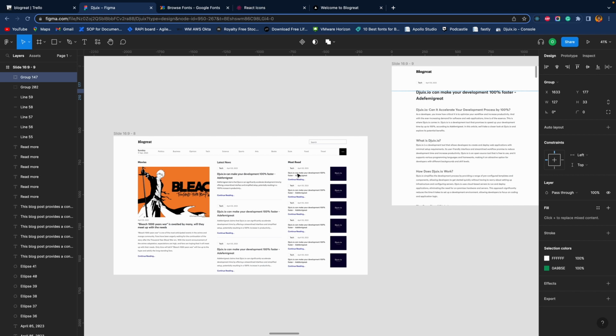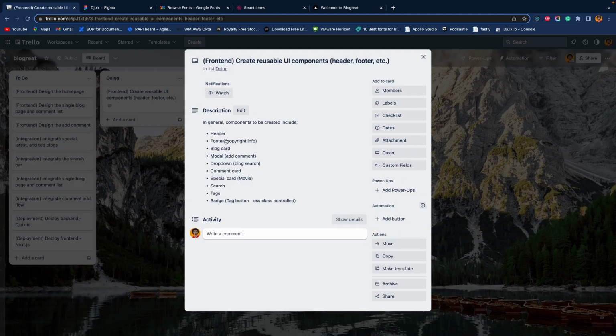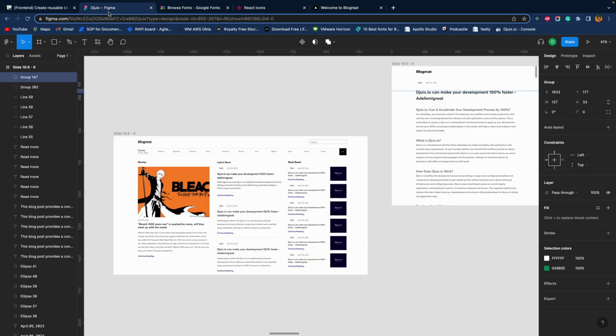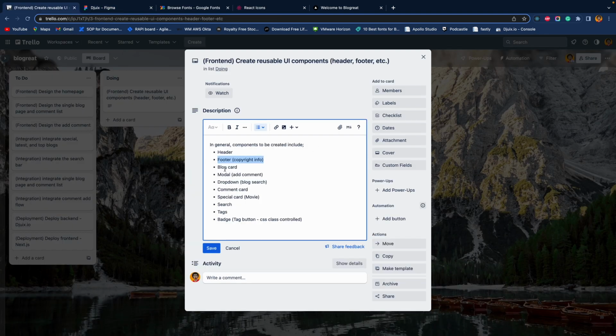So to make this even easier, you can list out the components so that you can keep track of what you are doing. And that's what I've done in the Trello board. So in here, we have the header, we have the footer. That's not indicated in the Figma, but technically we want to have a copyright reference as to what we are doing. Then we have the blog card, we have the modal to add comments, we have the drop down from